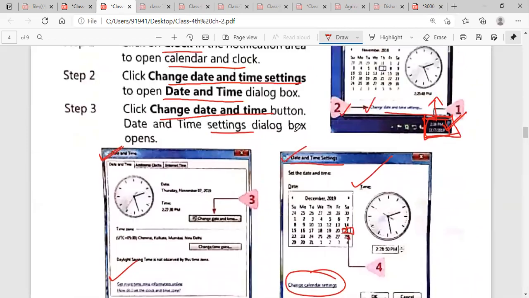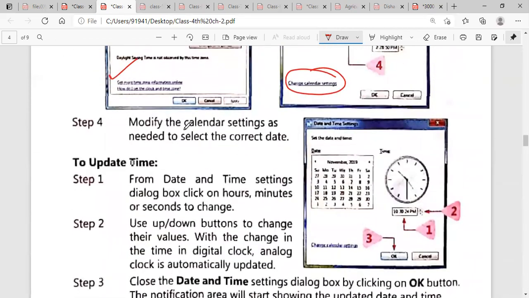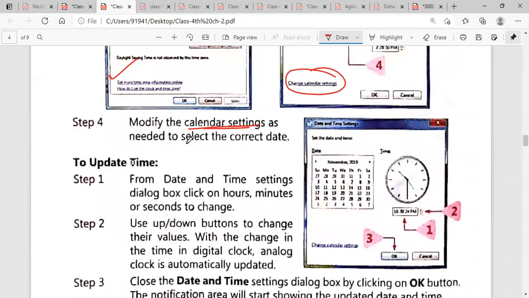The last step is to modify the calendar. You can change the settings as needed to select the correct date. Here you can change your time, and on this calendar you can change the date, and then after changing date and time, click OK.